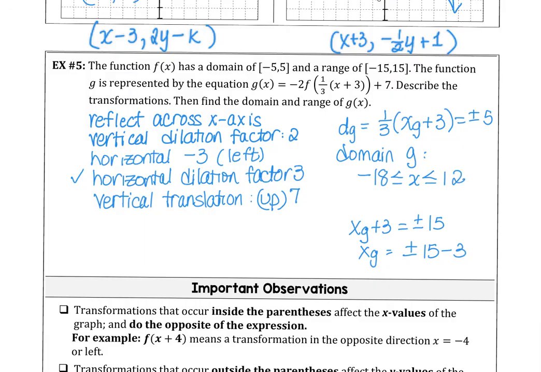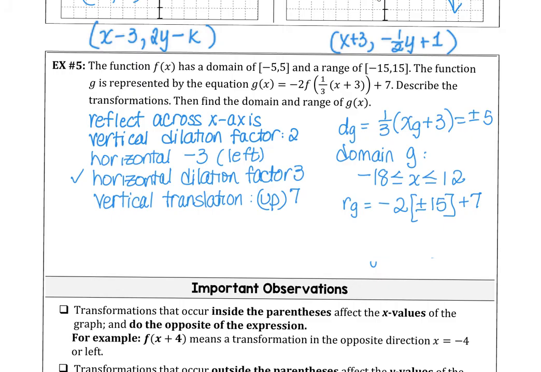Now let's get rid of that and think about what the range is doing here. So the range is going to be affected by the negative 2 and the plus 7. So thinking about that similarly, the range of g is going to be negative 2, and where's our range? From negative 15 to 15. So the range has to go between positive or negative 15, but we also have to shift that function 7